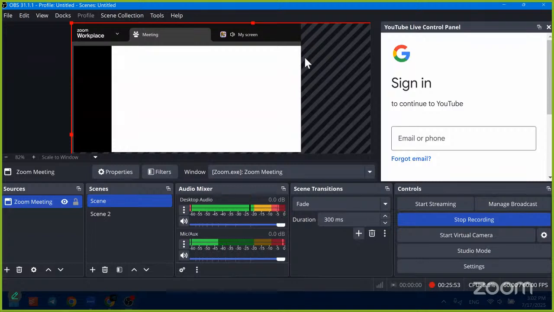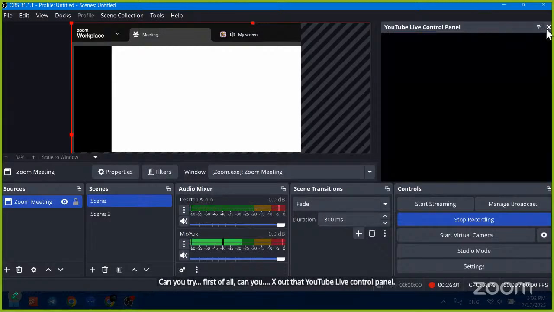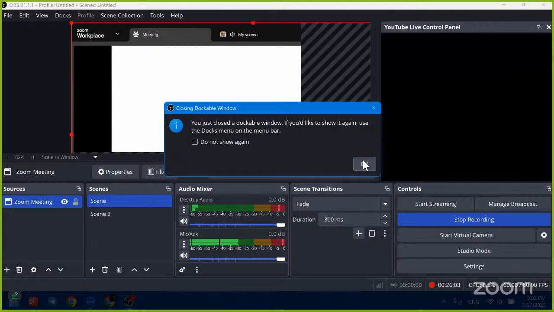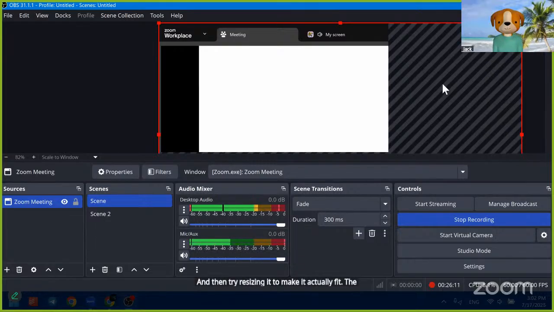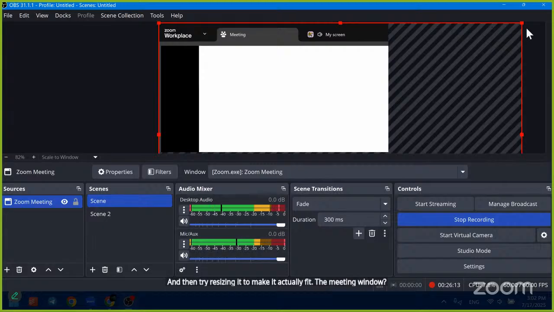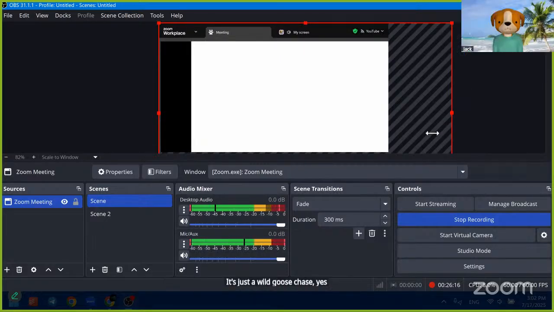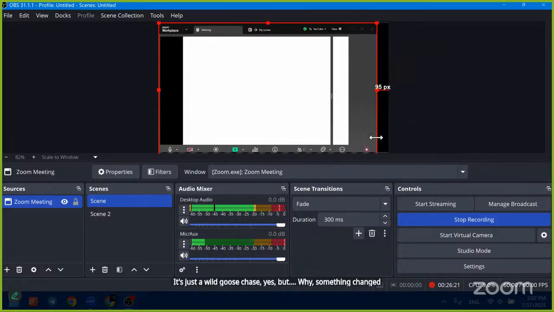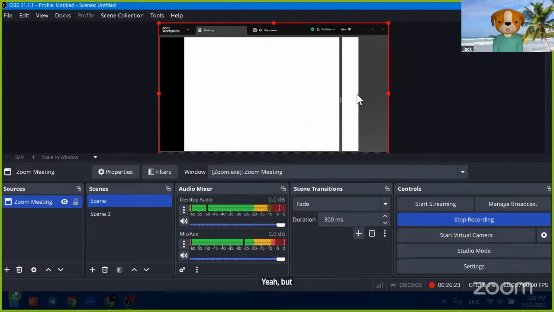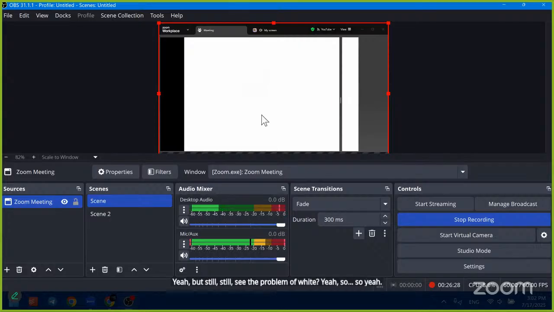Can you try, first of all, can you X out that YouTube live control panel? And then try resizing it to make it actually fit the meeting window? It's okay, just a wild goose chase, yes. Oh, okay. Well, apparently something changed, huh? Yeah, but still, see the problem. It's still white. Yeah, so we can resize, but